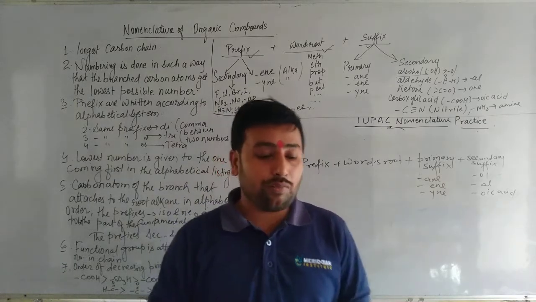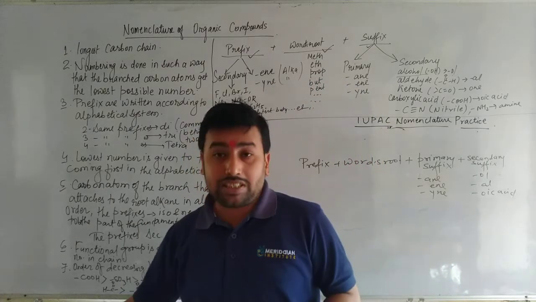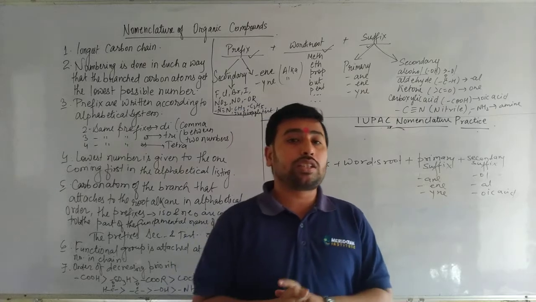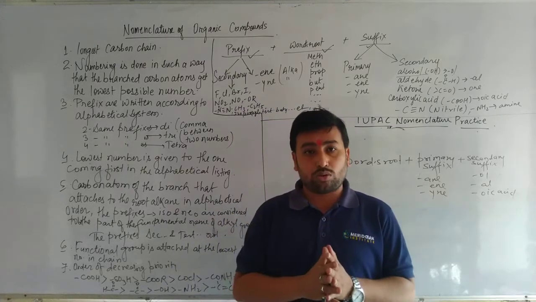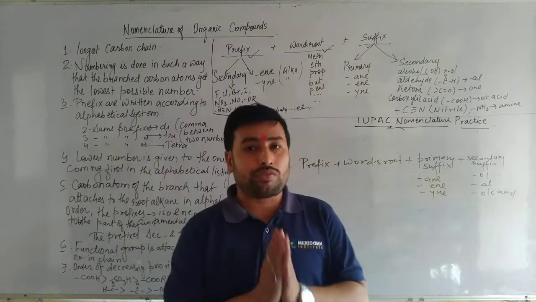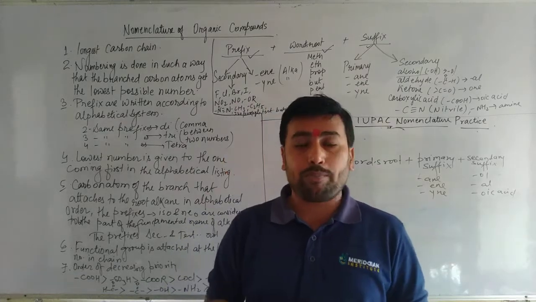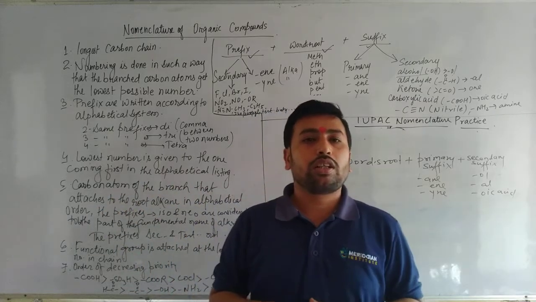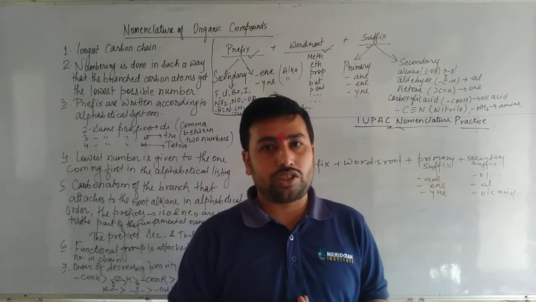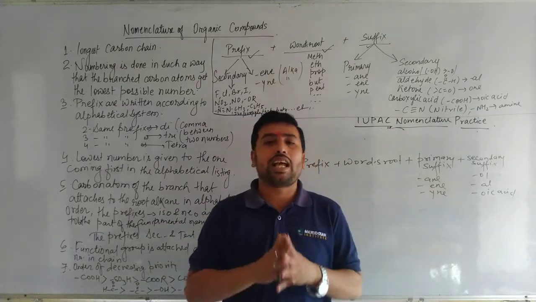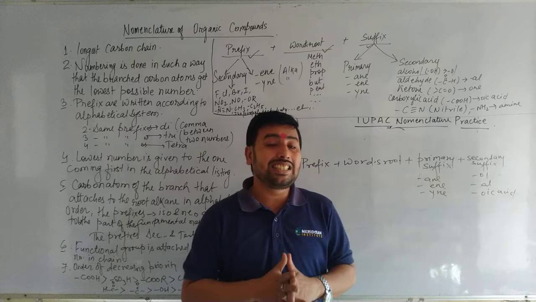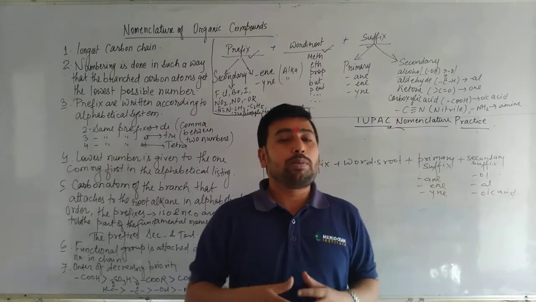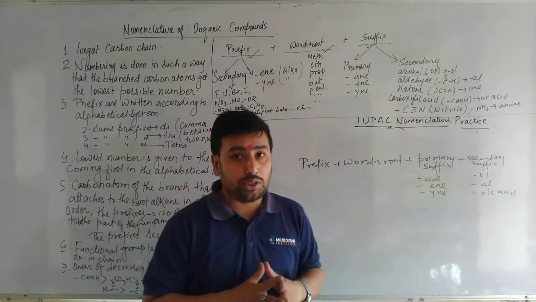It is very helpful for 10th standard students, 11th standard students, NTSE preparing students, JEE preparing students, Olympiad preparing students also. Nomenclature is the main part of chemistry, especially organic chemistry. If you go through the whole of organic chemistry, the basic thing is this nomenclature. So it is very helpful for class 10, 11, 12, IIT, JEE, NEET, medical preparing students. All the competitive preparing students will get help from this video.